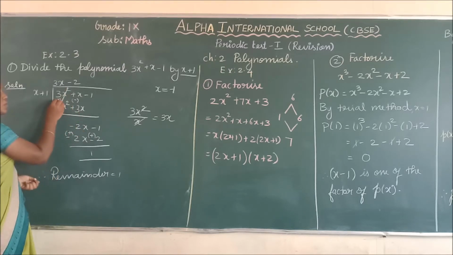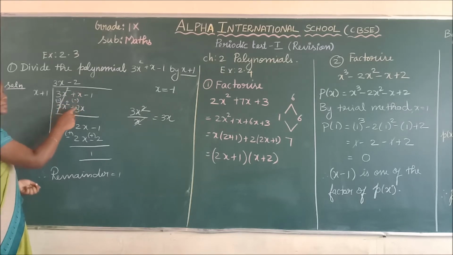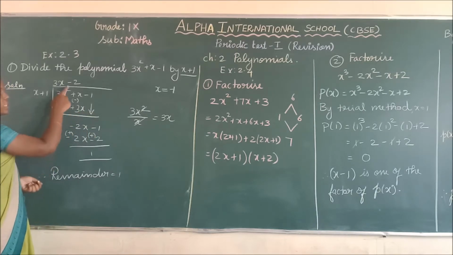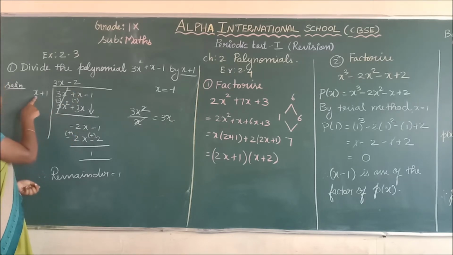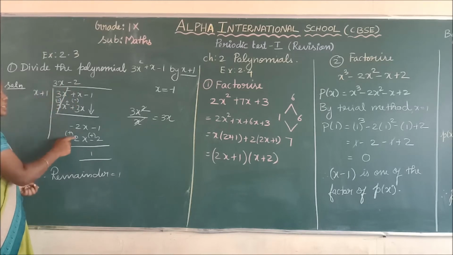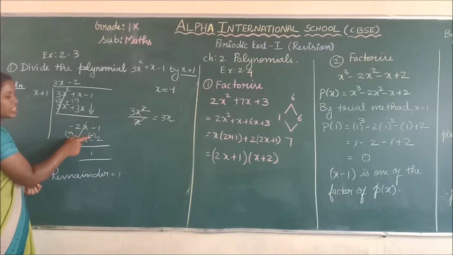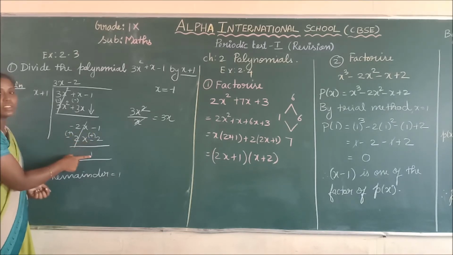The first term we always have to subtract here, so the first term gets cancelled. Here if we subtract, x minus 3x is minus 2x. The next number is minus 1. What should be the next multiple? To get minus 2x, we have to multiply by minus 2 now. So minus 2 into x is minus 2x, minus 2 into 1 is minus 2. The same terms, minus 2x and minus 2x, get cancelled. Here we are subtracting, so minus into minus becomes plus. So minus 1 plus 2 gives 1.